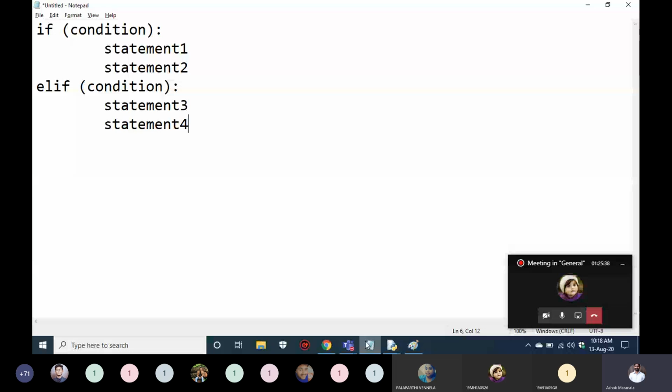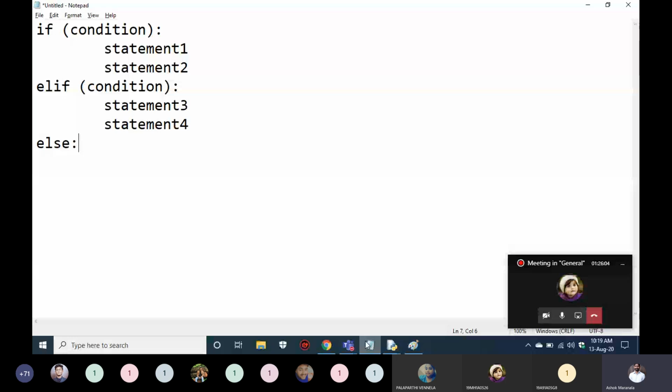If all the if and elifs are false, then finally it will go to else. Else will not have any condition. What is the condition for else? If the if and elif are false, then that is the condition for else. So else doesn't have a separate condition. When if and elifs become false, then that is the condition for else.